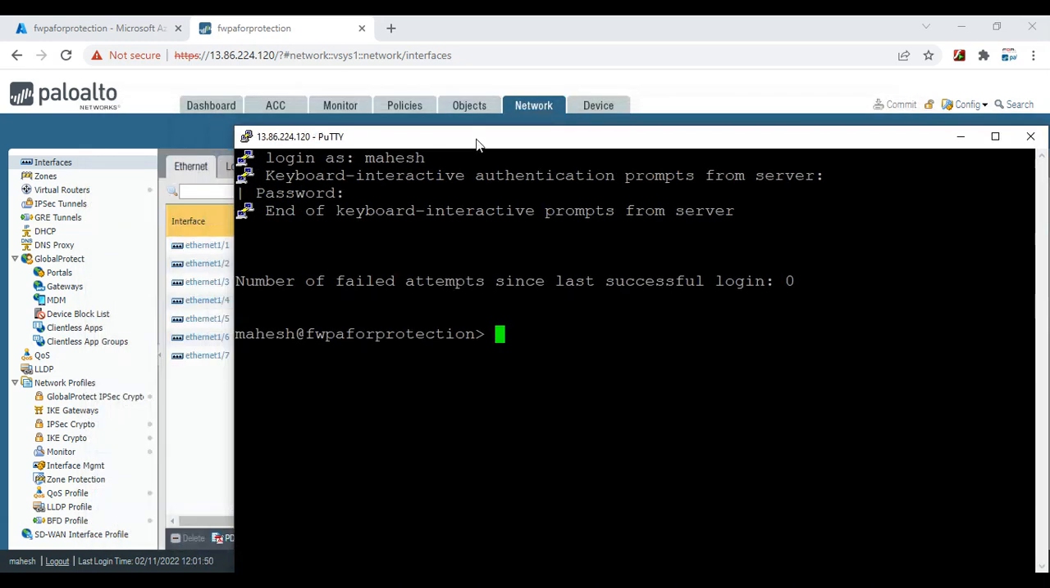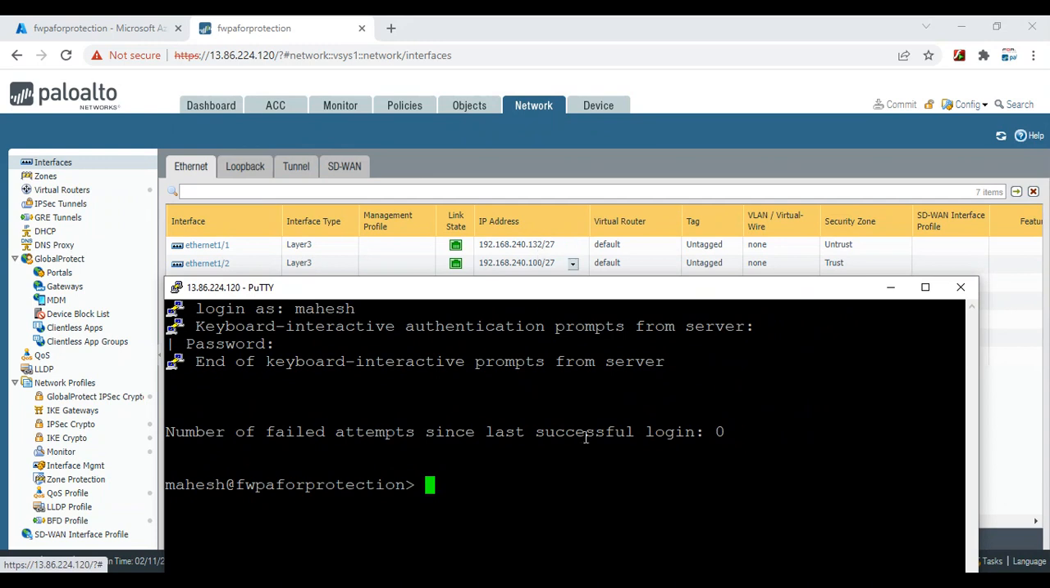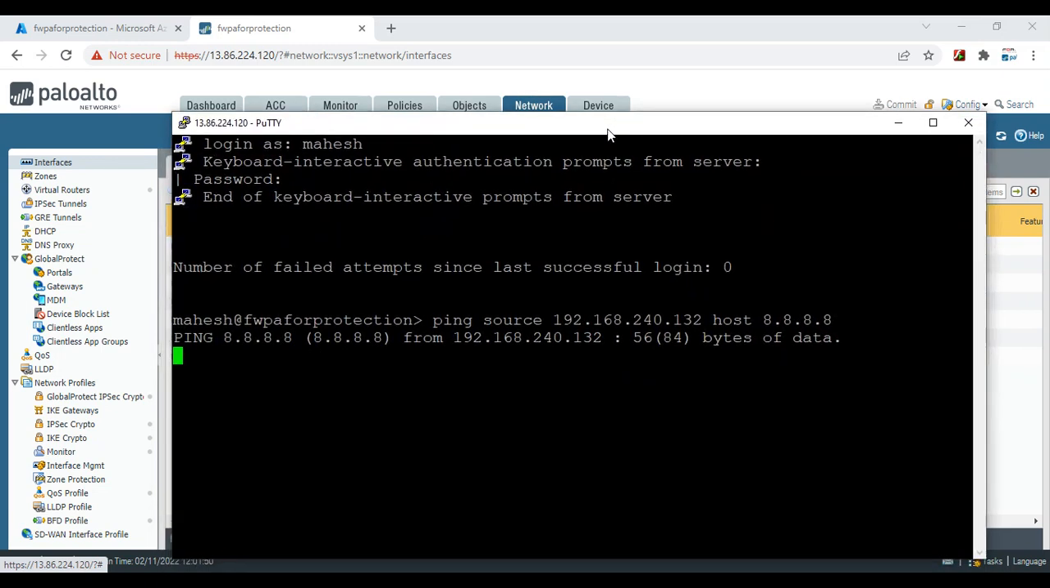So let me try to ping using this untrust interface to the internet. So the command is ping source. My source IP address is 192.168.240.132, and my destination IP, that is the host, is, let's say, 8.8.8.8. So you can see now I cannot ping the internet because my firewall does not know how to route traffic to the internet. So in order to route traffic to the internet, my firewall should have a default gateway